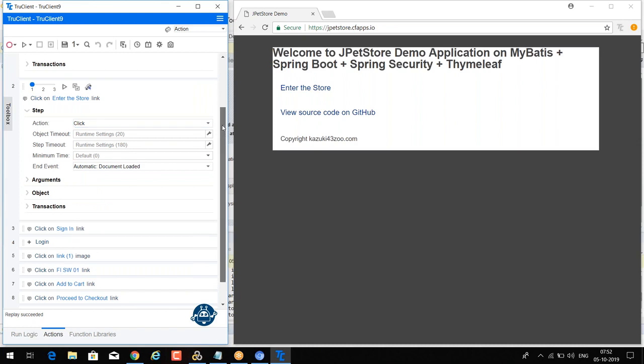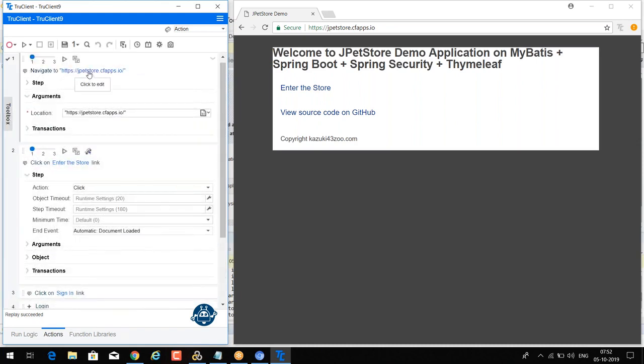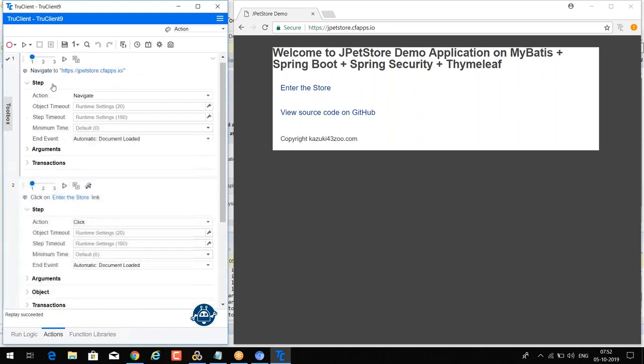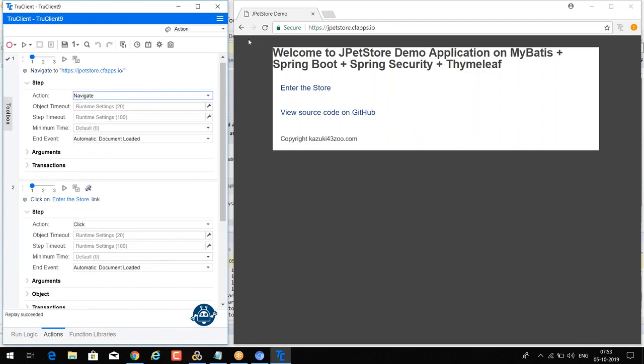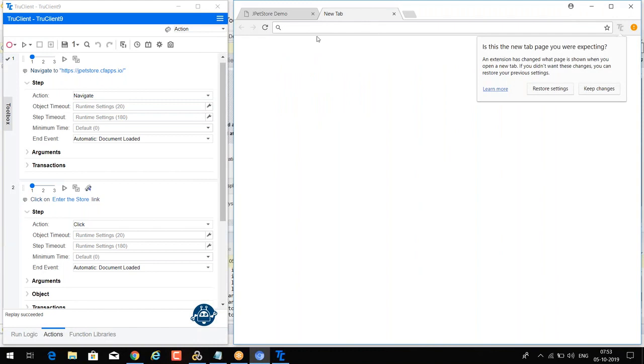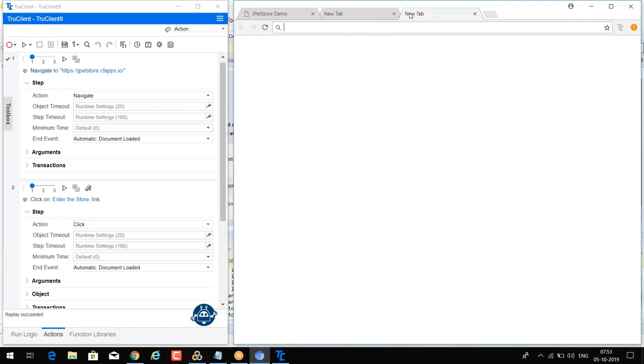If I go to the browser level, so guys, this is the browser level now. So when I go to the steps, here we have something different step. So this is the browser object activities. So what we can do, we can navigate to some page, we can activate the new tab. If I want to open a new tab, we can activate this tab also. I can again open a new tab. So all these activities can be performed by the generic browser actions.